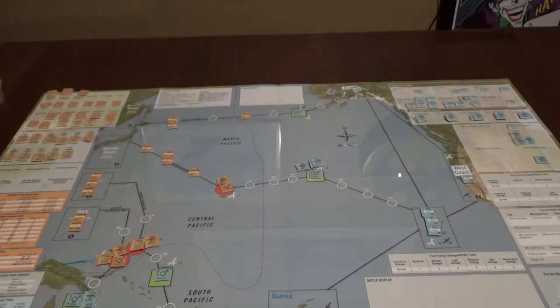Okay, spotting attempts. Now, with the U.S. spotting attempt, remember, anywhere on the map I can attempt to spot. So, even though I can't launch the strike, I still could try and spot from Dutch Harbor. So that's what I'm going to do, since the carrier force is near there, and of course, knowledge